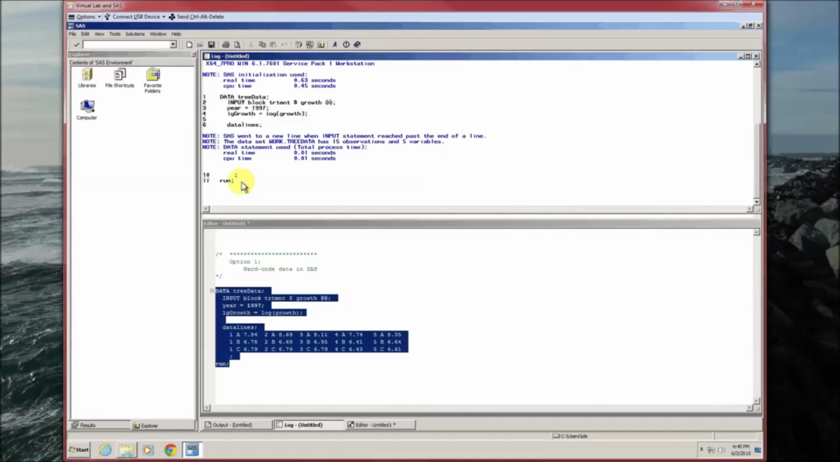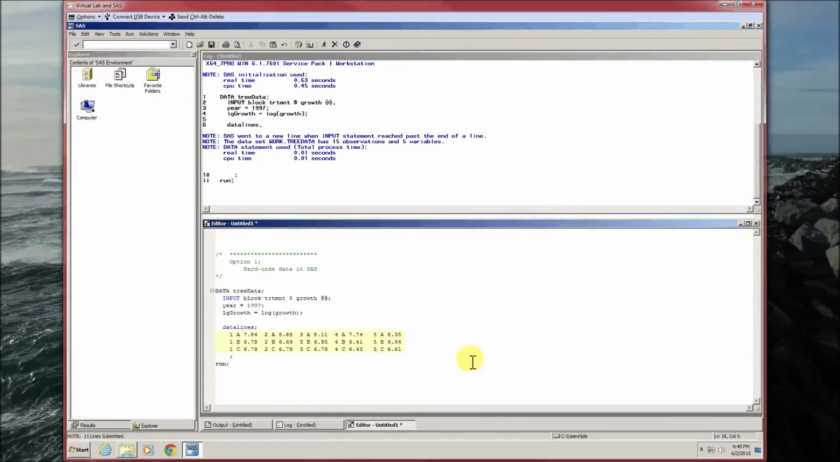Or did it? It's kind of hard to tell because I really would like to see the data as SAS sees it. And so to do that, in order to print out the data, I'm going to run our first proc. It's called proc print. Proc